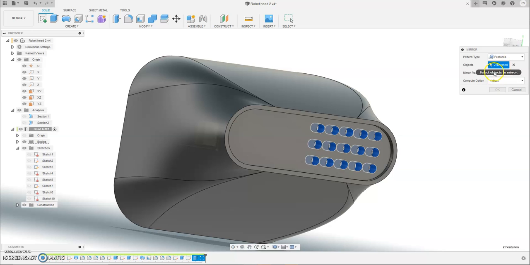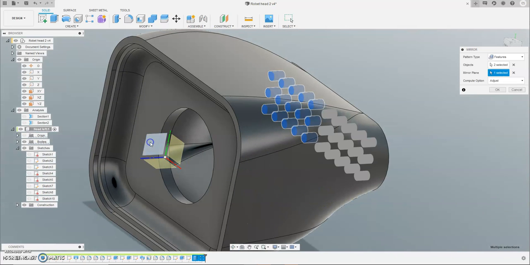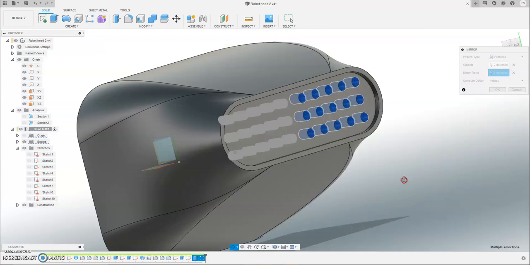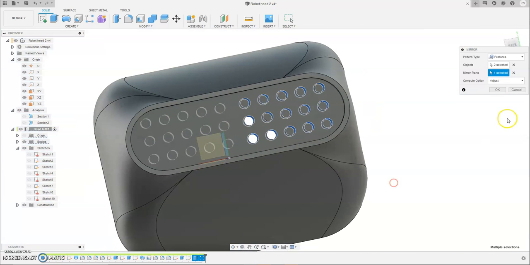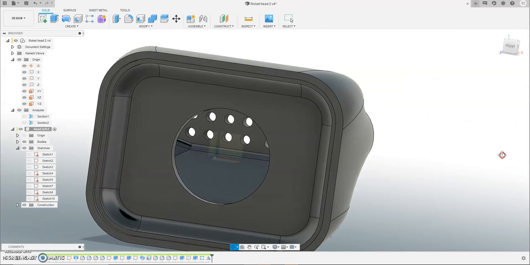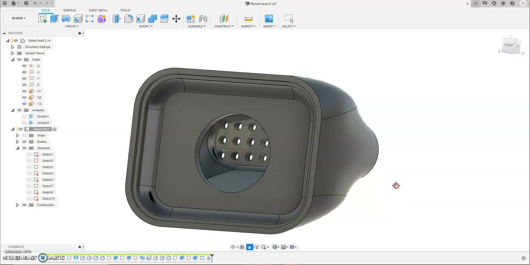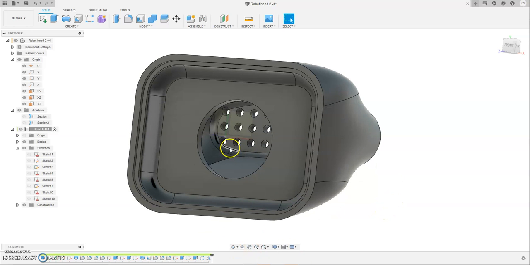So I've got two objects selected that I want to mirror, and then I want to take it on my plane. So because of the way I've drawn it, I know that that center axis there, datum, is right in the middle. So if I look at that, I'm happy with that, and I'm going to accept that. So what I'm going to do is roll back and alter that fillet, and then